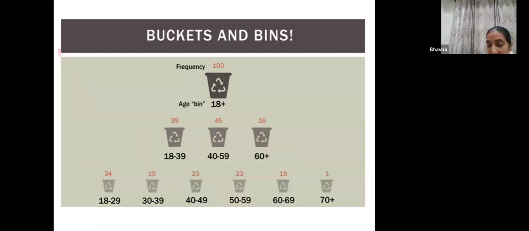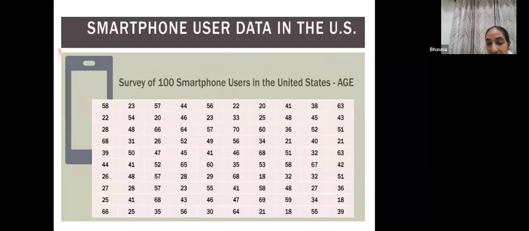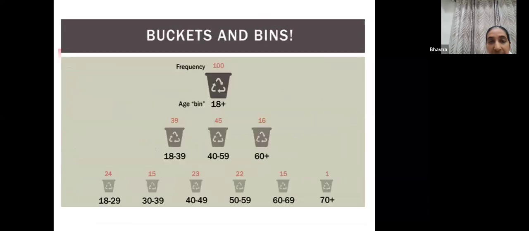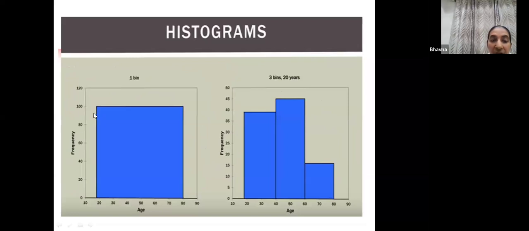For example, in the same example that we are talking about, the ages start from 18 plus. There are 100 people. And if you draw only one bin, what do you see? Look here. This is the only bar that you get. The ages start from 18, they end at 80. Okay. And this is a simple rectangle that you get. This is also called a histoblob. But see, it does not give you any information.